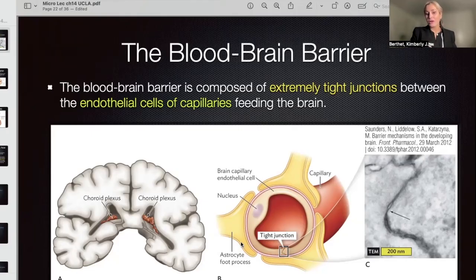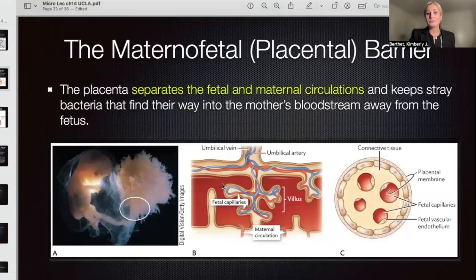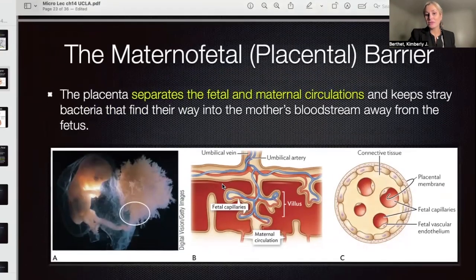So, the blood-brain barrier is a barrier preventing microorganisms from moving into the vascular system that feeds the brain blood. Here we see these tight junctions, as seen even closer up, are so tight that even microbes cannot fit between them. So this prevents microorganisms from going to the brain and causing disease. We have diseases like meningitis. It can be viral, fungal, or bacterial, which is when we do get microorganisms within the spinal fluid itself and around the brain.